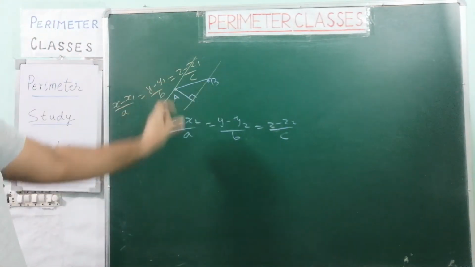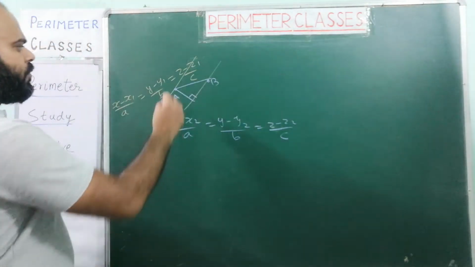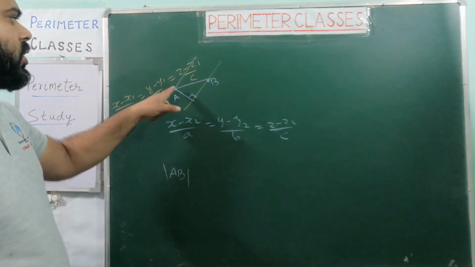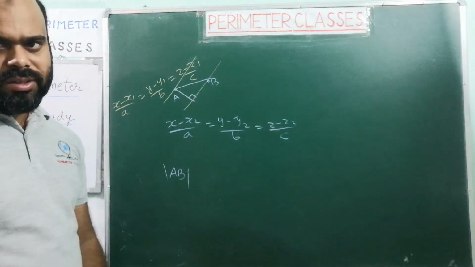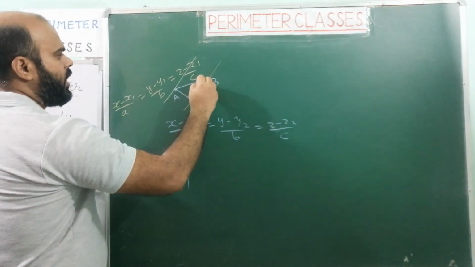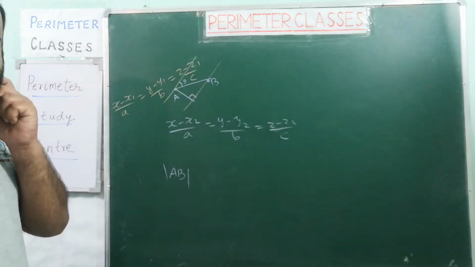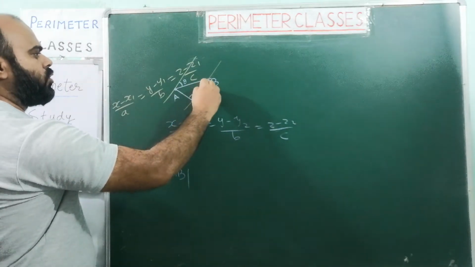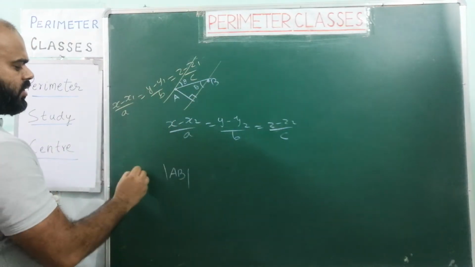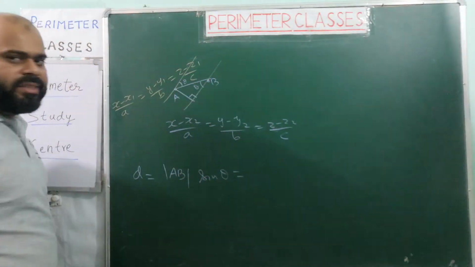So what is this shortest distance or the perpendicular distance between the parallel lines? If you take the distance AB, then its component here is actually the answer. So if we consider that this angle is theta, suppose this angle is theta. In that case, this angle would also be theta. So we can say that this distance is actually mod AB sine theta, right? We can write it like this.